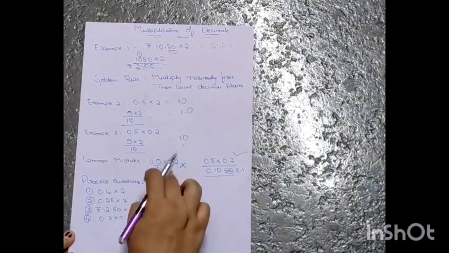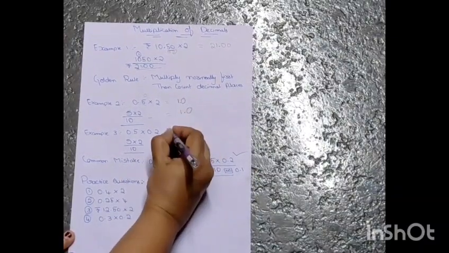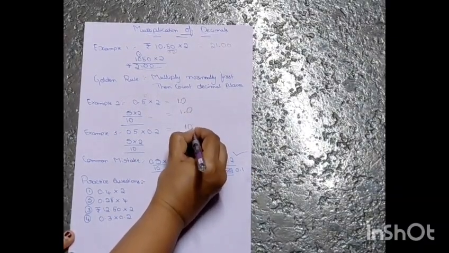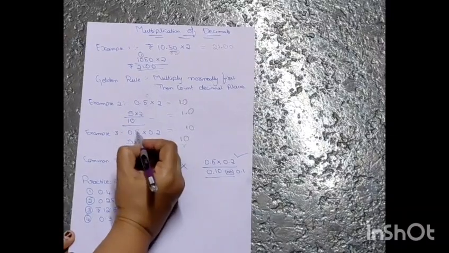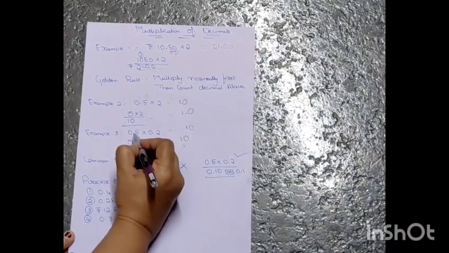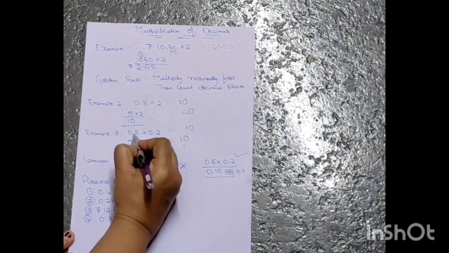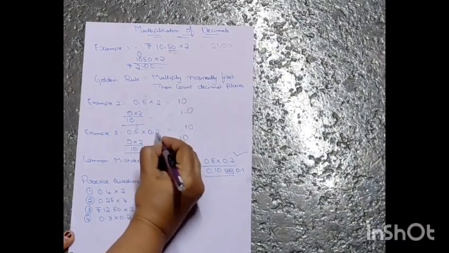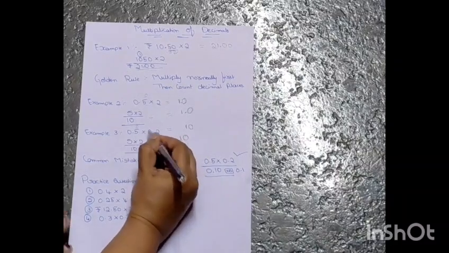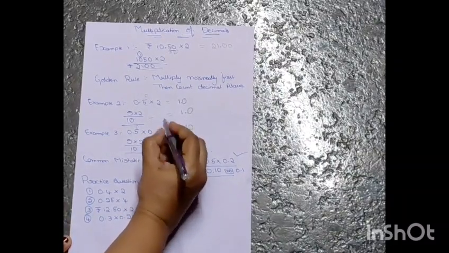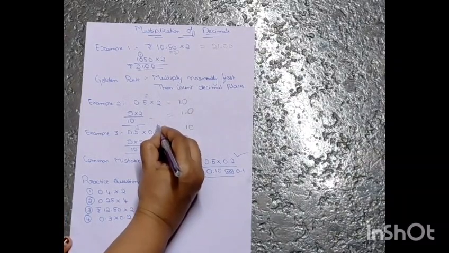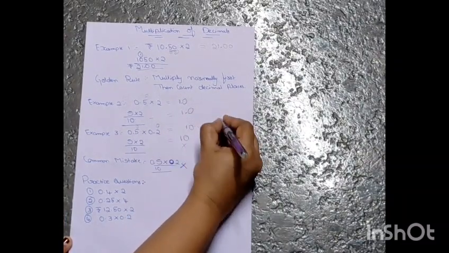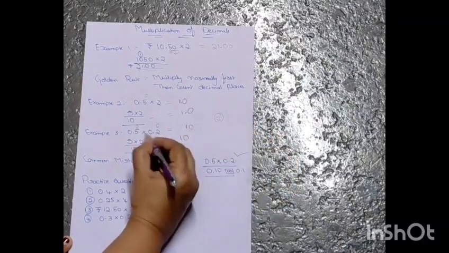What is the common mistake all the students will make? So what is the answer for this one? Write 10 only. Do normal multiplication first, but count the decimal places. After this decimal point, we have one digit this side. Here also we have a decimal point. Right hand side and left hand side, both have a decimal point. After this decimal point, we have one more decimal digit. So 1 plus 1, total we have 2 digits.